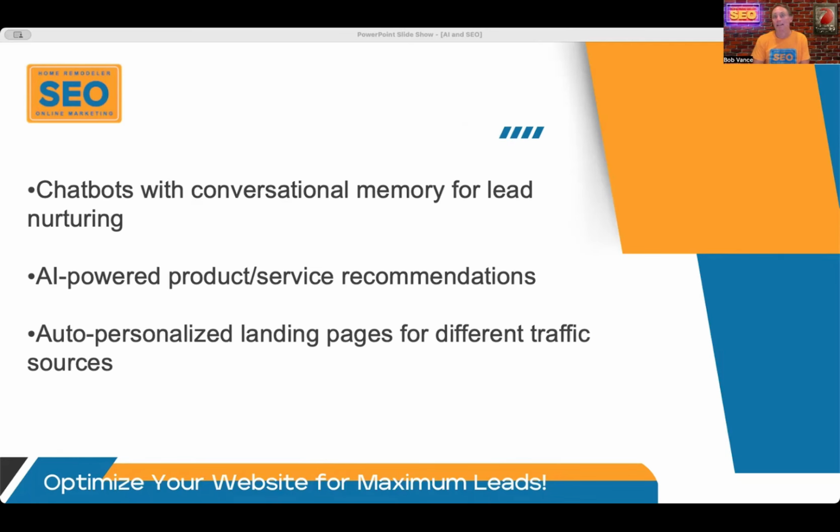Same website, a different tailored experience based on where that person was coming from and the offer that actually drove them to your website. So that's some pretty cool stuff. Definitely want to think about how you can adapt that to your website.